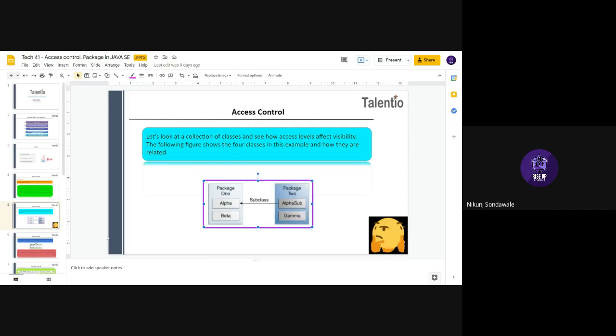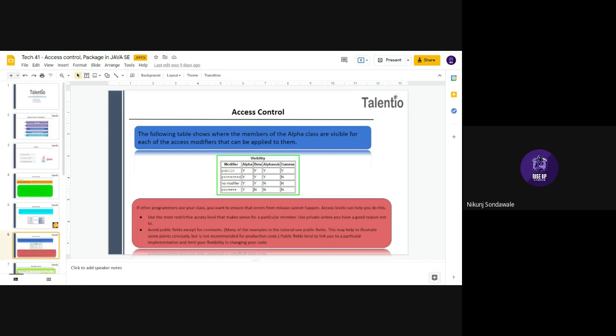Alright. So now let's see how it works. The following table will determine where the members of the alpha class are visible for each of the access modifiers that can be applied to them.